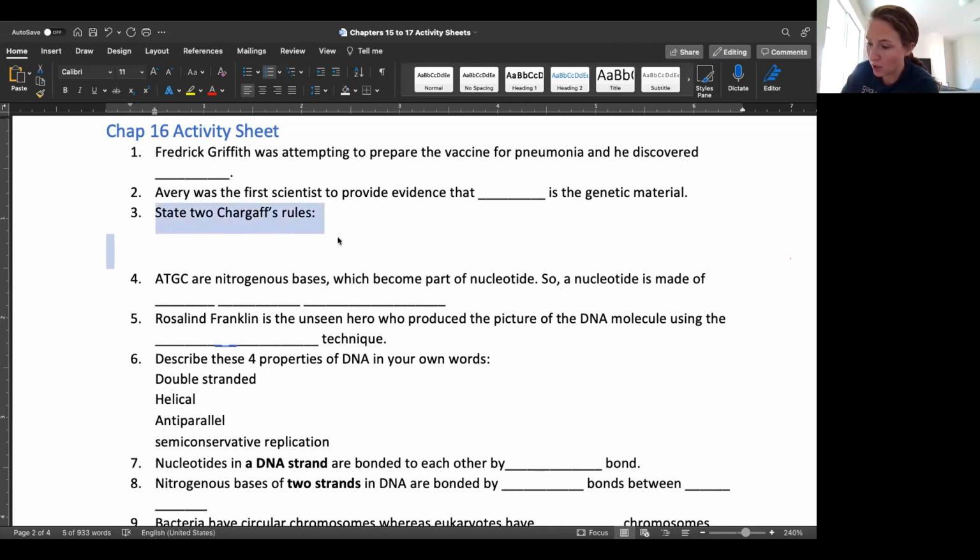State 2 of Chargaff's rules. Base composition of DNA varies between species, and in any species, the number of A's equals the number of T's and the number of G's equals the number of C's. Okay. Next. And then read again. So 1 was base composition of DNA varies between species. Okay, so what they're trying to say from 1 is if you take all A's and T's and G's and C's and get a number for humans,